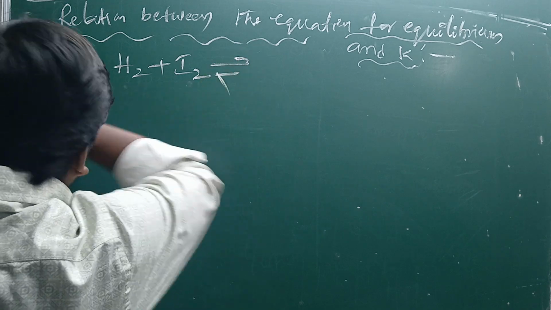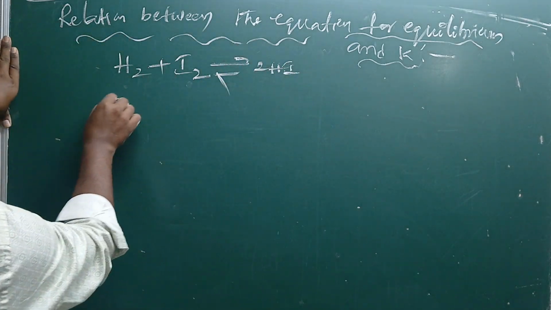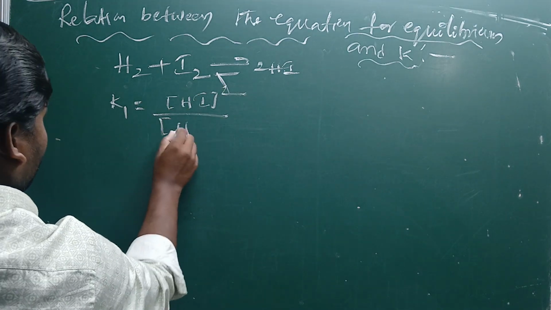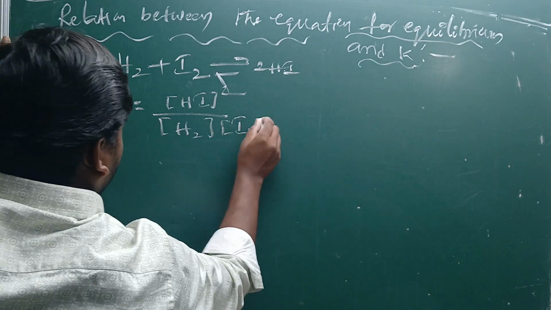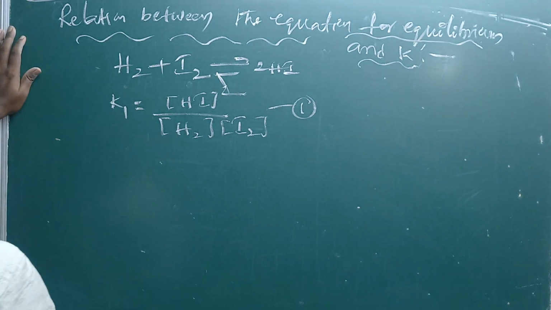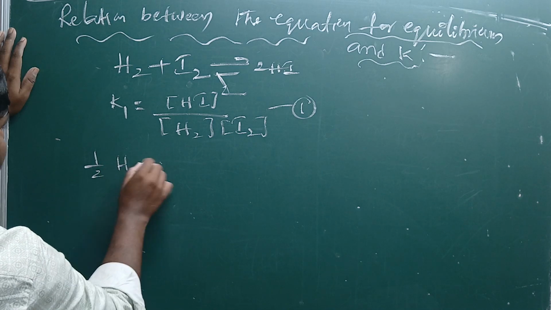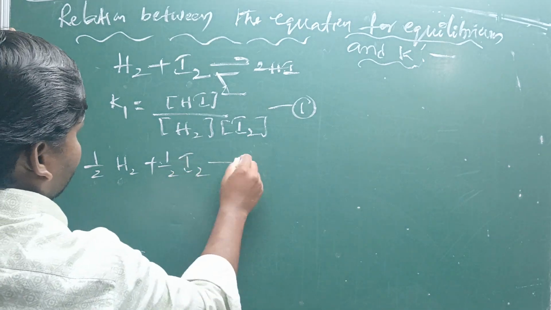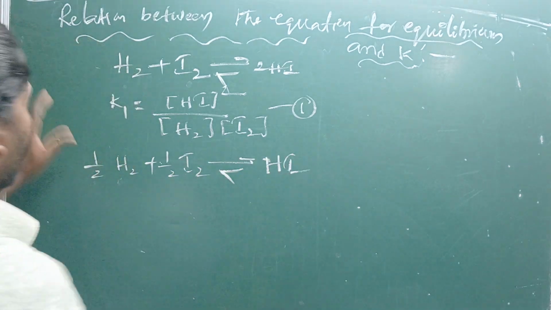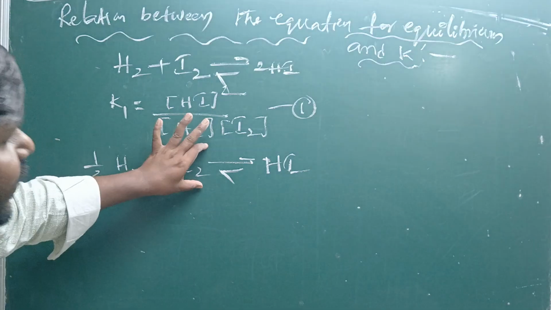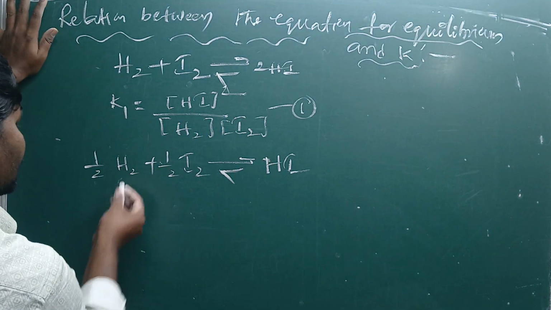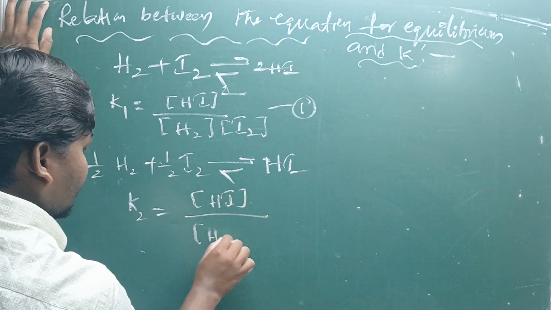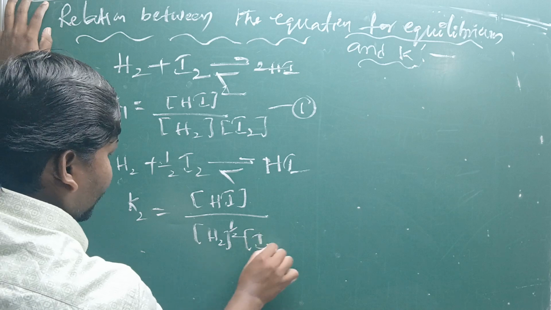When hydrogen combines with iodine to form hydrogen iodide, the equilibrium constant K1 is equal to concentration of HI power 2 by concentration of H2 into concentration of I2. This is equation 1. Now, if the stoichiometric coefficients are changed, half mole of hydrogen combines with half mole of iodine to form 1 mole of hydrogen iodide. You can observe here K2 is concentration of HI by concentration of H2 power 1 by 2, concentration of I2 power